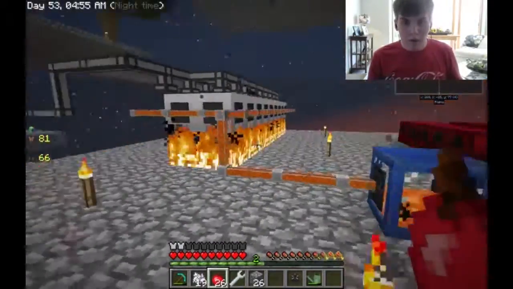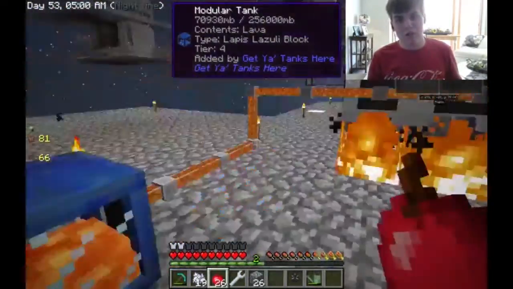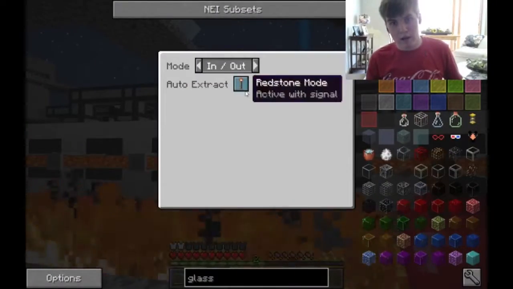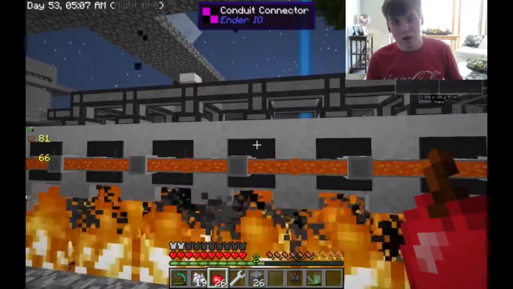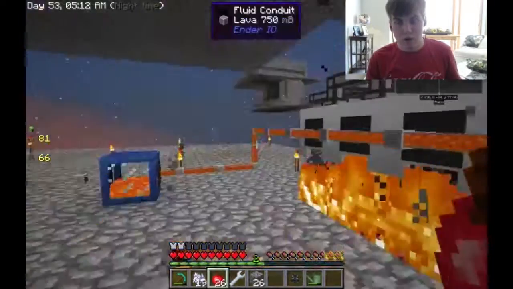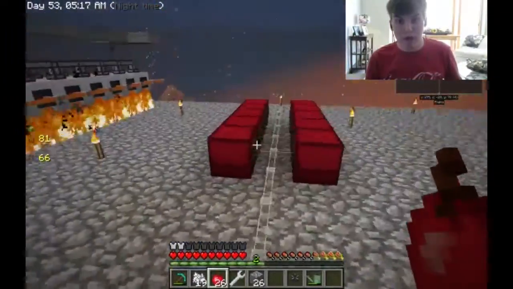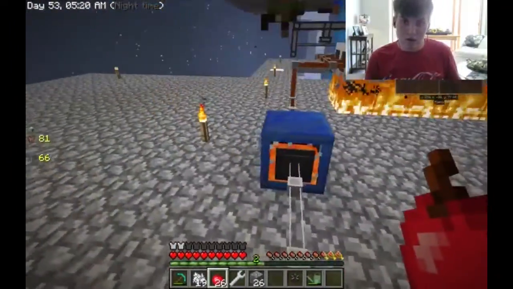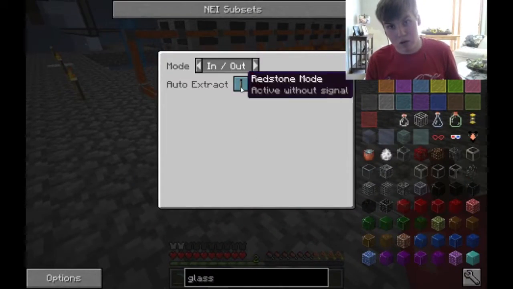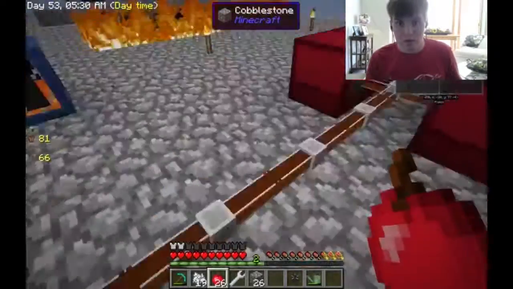Alright, so we are back, and we have 70 buckets of lava in this generator here. And I actually did some trial and error, and it turned out that it was best if this was on active without signal. So now we have a whole lot of lava, and now we can put this into the generators. And we need to do that in order to power it, and